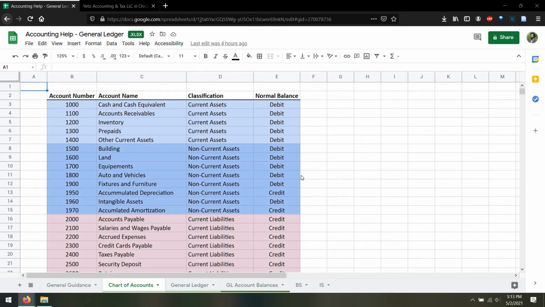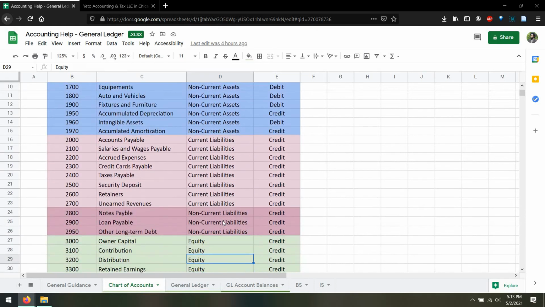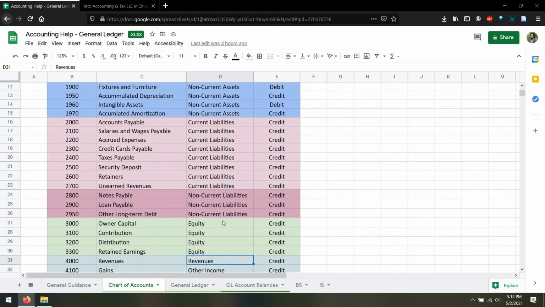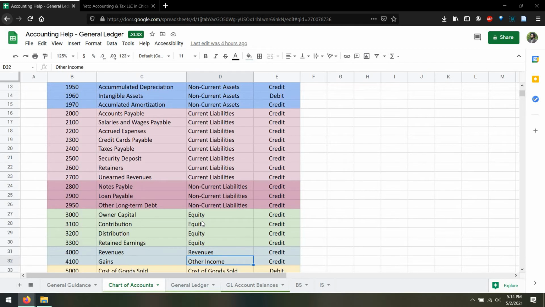The chart of accounts is basically the structure, the backbone of your accounting system. It shows you the list and description of all of your accounts. As you can see, we start with current assets and then non-current or long-term assets, and then we jump to current liabilities. From current liabilities we move to non-current liabilities, and then the equity side of our accounting system,